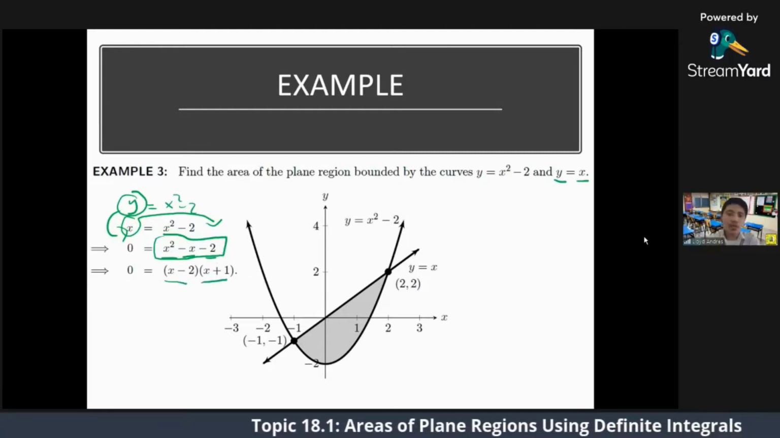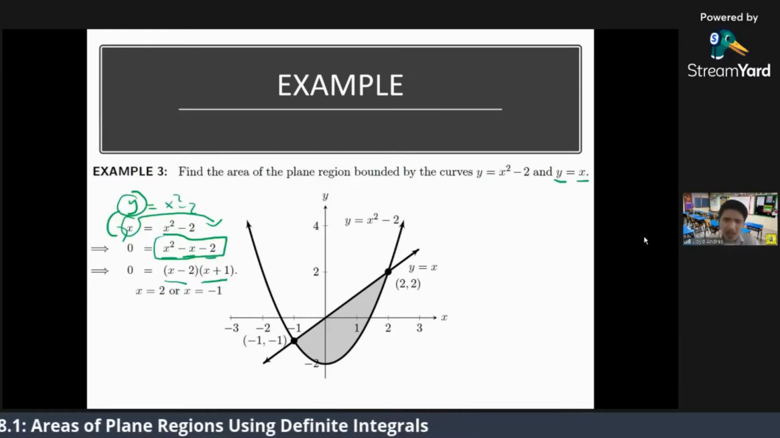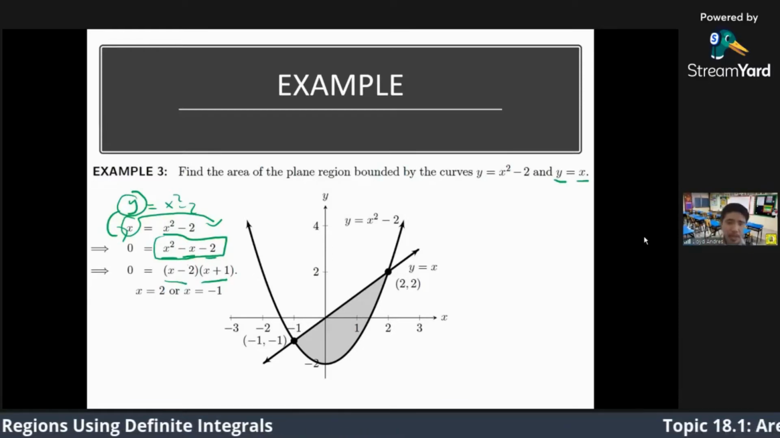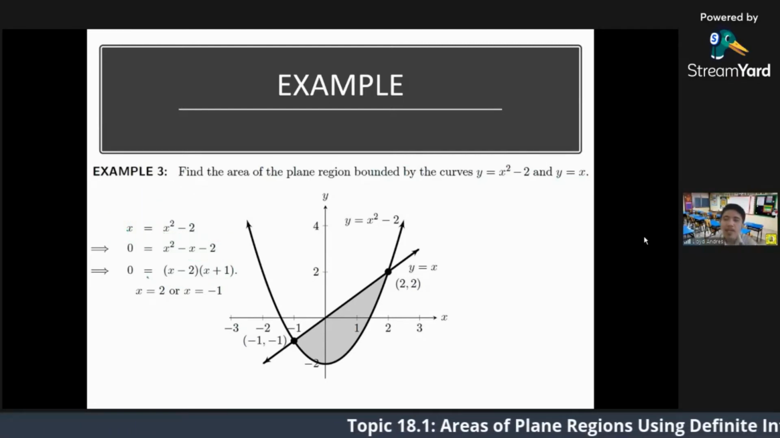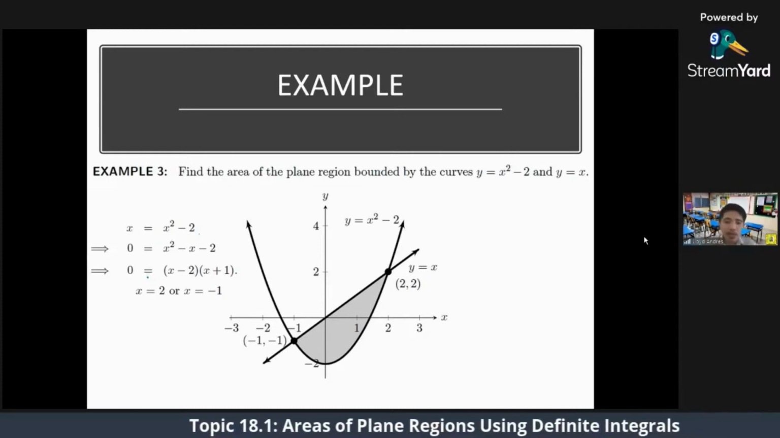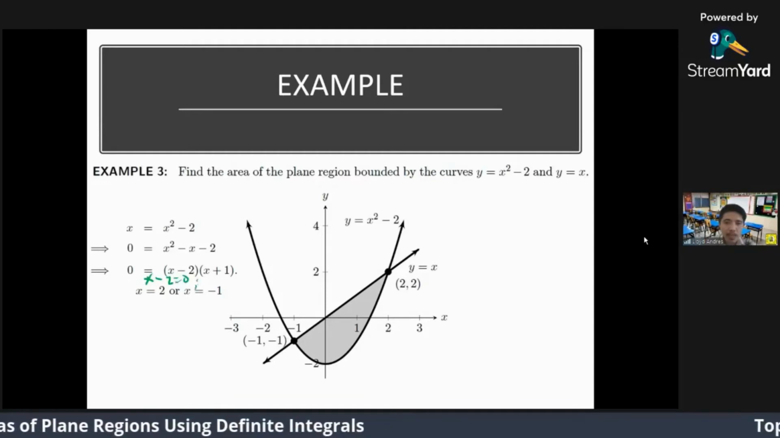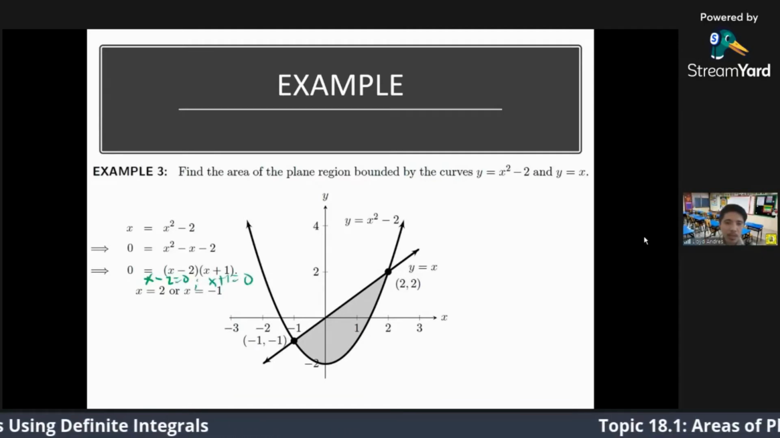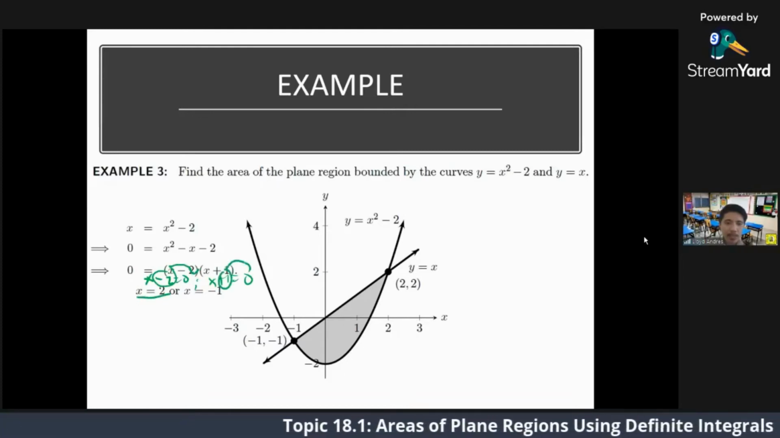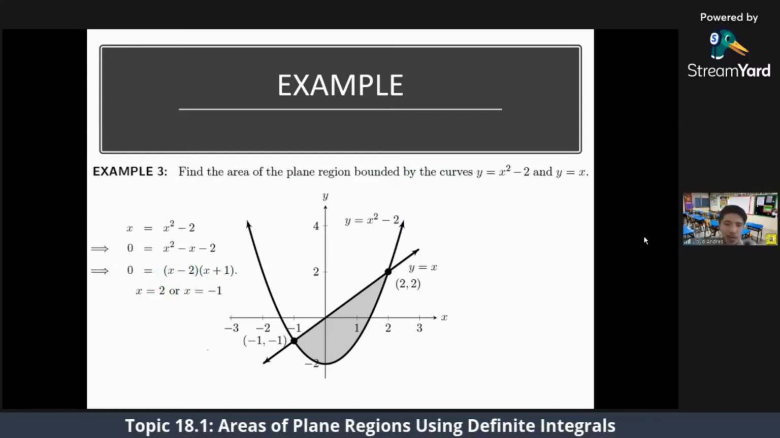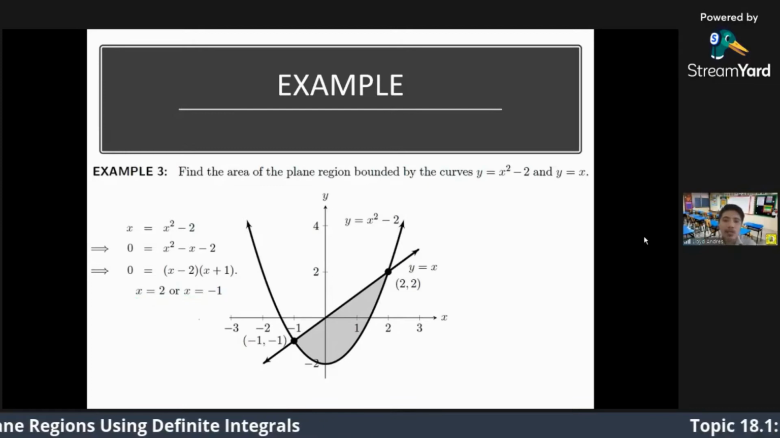So, we can now solve for the x coordinate of our intersection, one by one, applying the zero property of equality. So, x minus 2 equals 0, and the other, x plus 1 equals 0. Then this negative 2 moves to the other side, so x equals 2. While this one moves to the other side, so x equals negative 1. So, therefore, we have 2 and negative 1 as the x coordinates of our